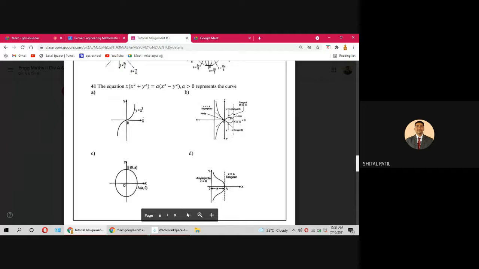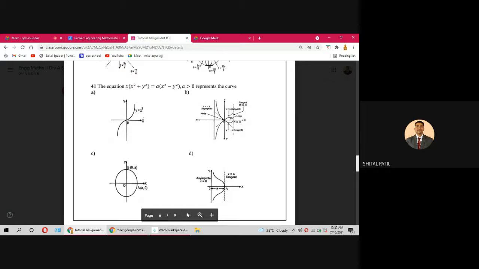चलो आगे बढ़ते हैं. Is it symmetric about y-axis? No. ओके, तो C option नहीं हो सकता. ओके, ठीक है, कोई प्रॉब्लम नहीं. आगे बढ़ते हैं. Is it passing through origin? Substitute x equal to 0, y equal to 0. Yes, it is passing through the origin. Okay, now see the B option. x axis और y axis आपको दिखाई दे रहा होगा, उनका intersection point origin है, and the curve is passing through origin.